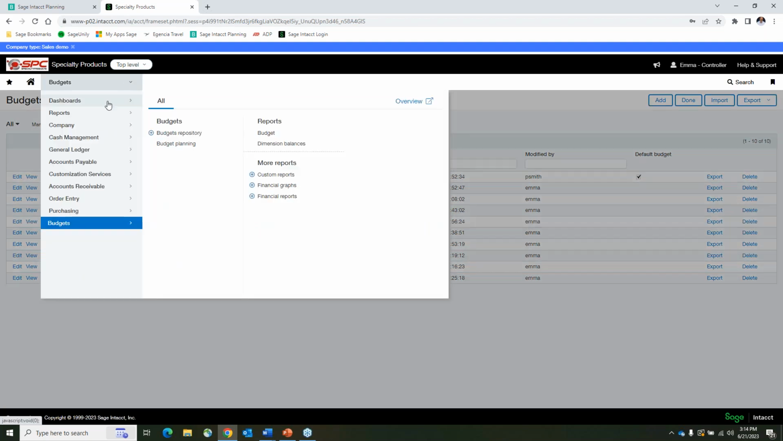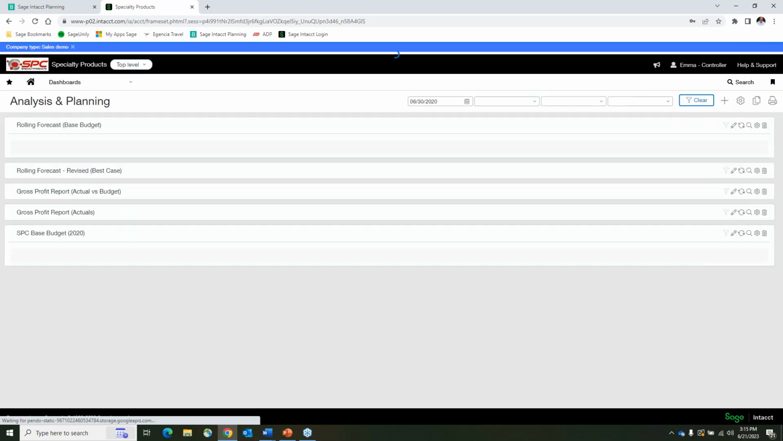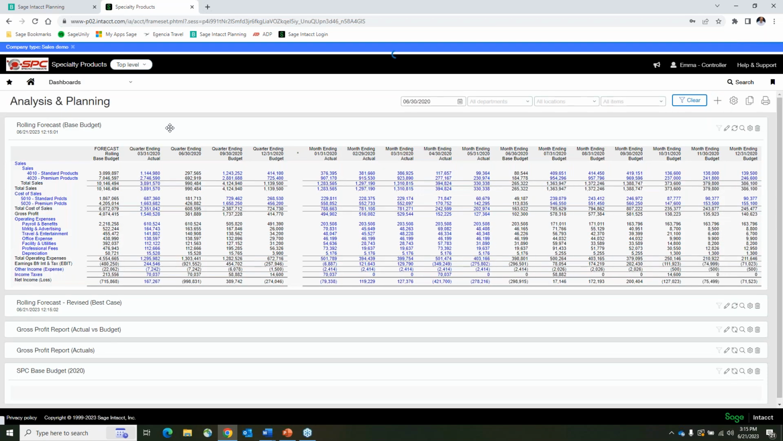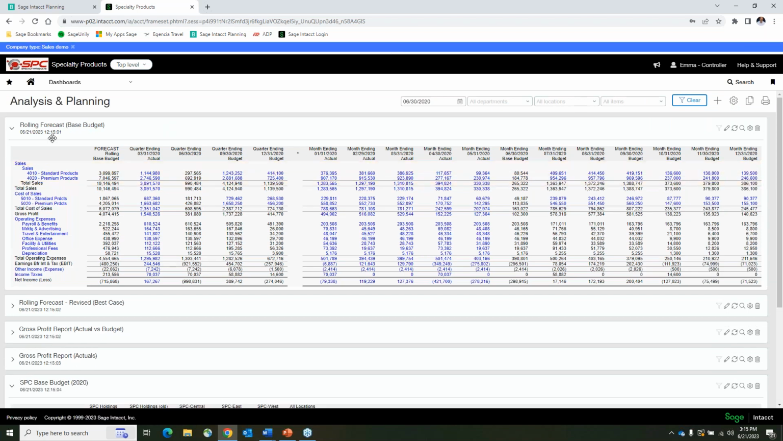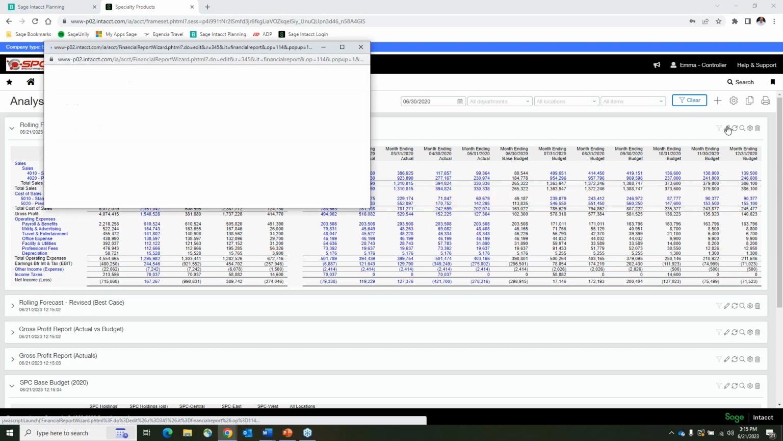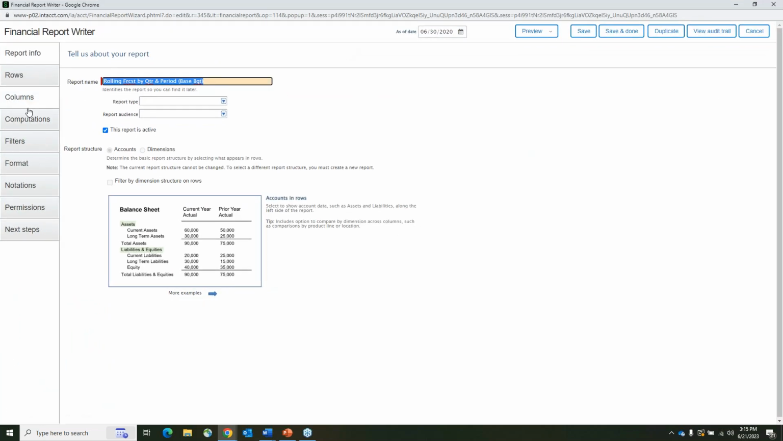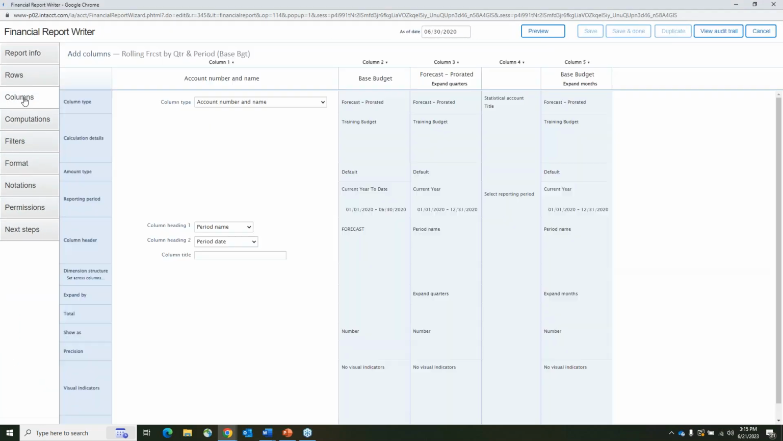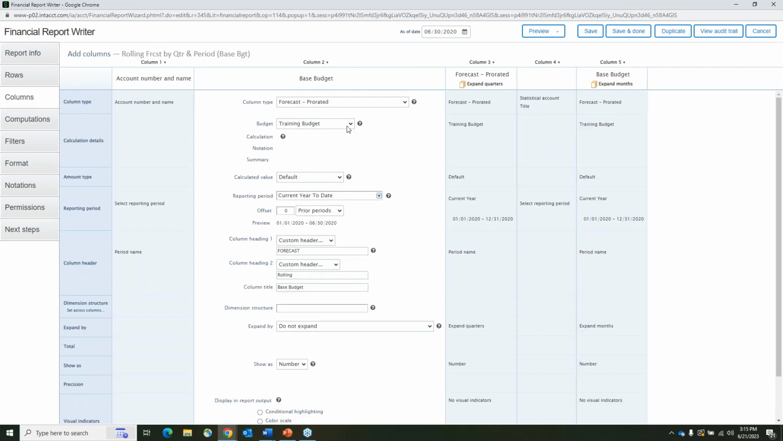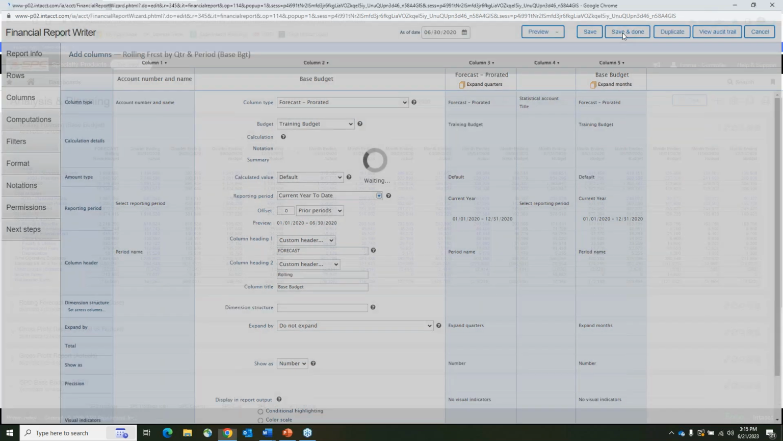Okay, and if I go into my dashboards and let's do analysis and planning, for example, now I can see, in this case, my rolling forecast budget. I can see my P&L information here. If I click on this little edit button here, and I'll make this larger, and go into my columns, I can now choose a particular budget that I want to show in my financial statements. And again, as soon as I click down, I see all of the budgets that are in my repository. Okay, so once I choose that, I have that information here,